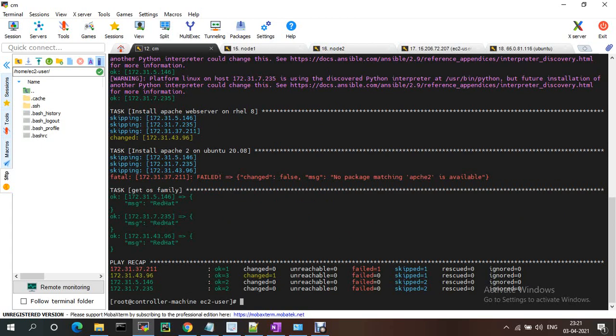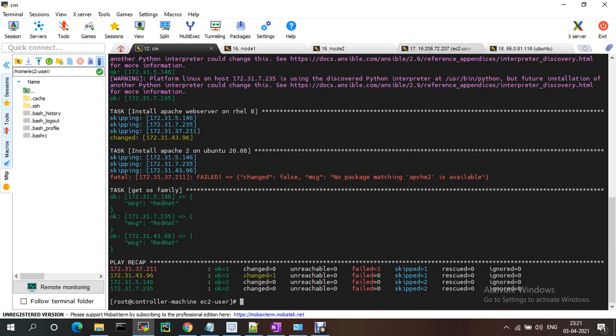No packages are available, because we just need to install the package on these machines. Installing RHEL, skipping, because it is not that one.